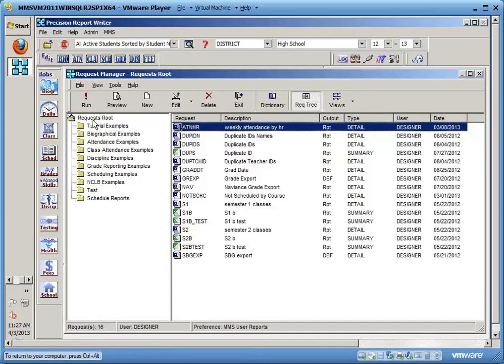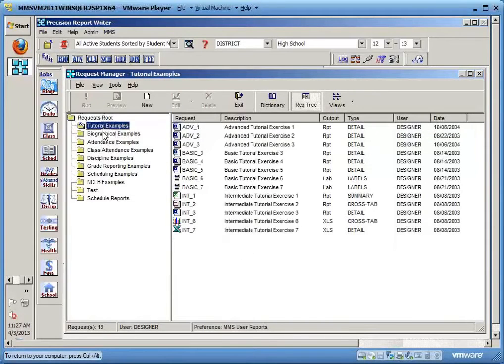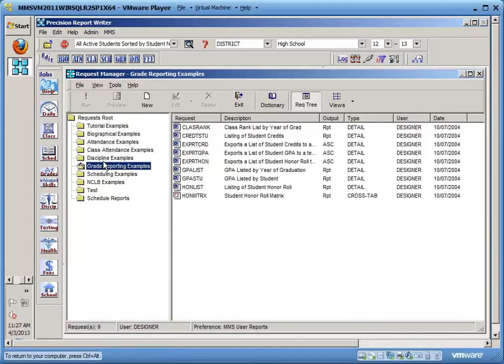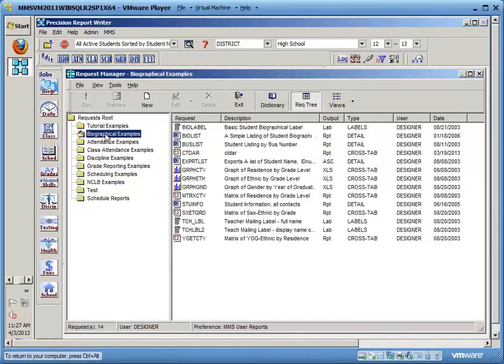Now over on the left we have the request route, and you'll notice that there are a number of different folders here labeled examples. These all contain reports that come standard with the PRW. So these are examples that are set up and available to you already. And if you're just getting started with PRW, I'd recommend taking some time to take a look at the examples that are here and see if some of them might be useful for you. Because it could be that there's already a report set up that includes the information you need. And why reinvent the wheel and create a new one if you can use one of the ones that comes